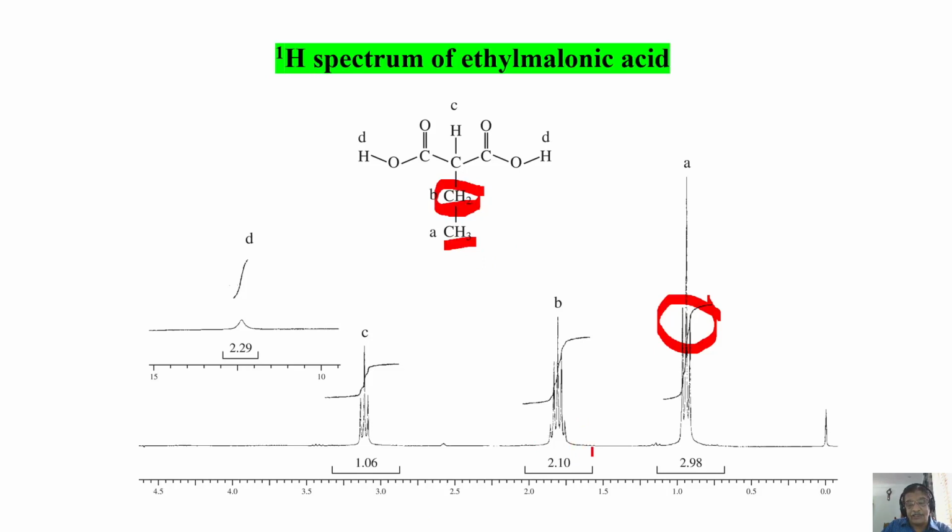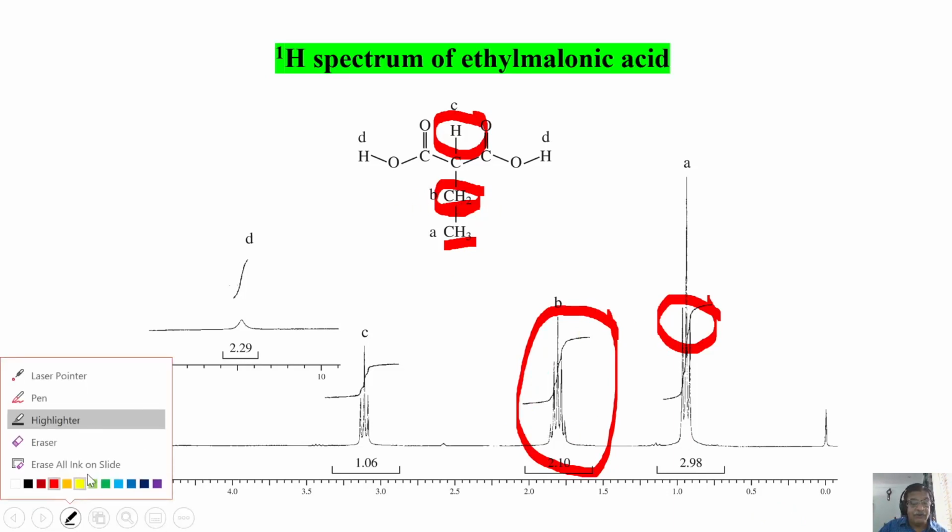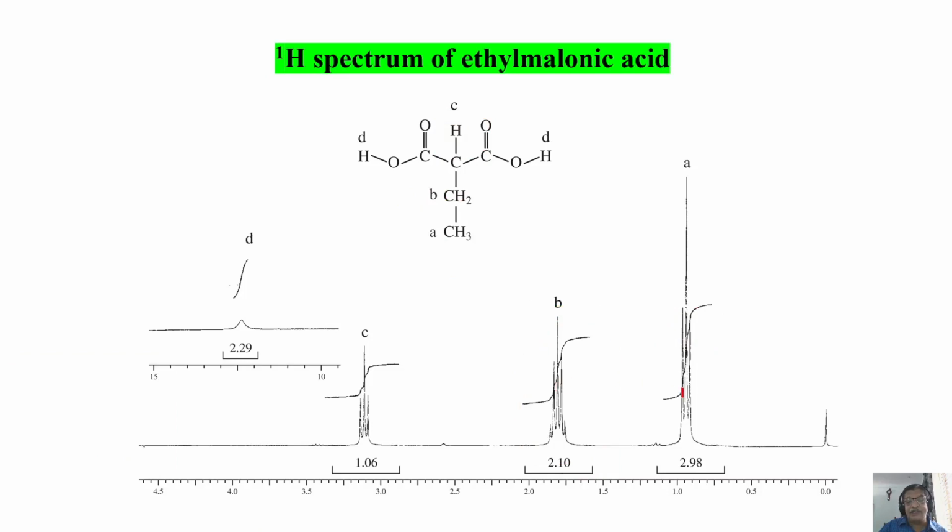But it is not just a quartet. What is happening? It is a pentet. You see? How did this pentet come? Because each line of this quartet is further split by this proton. As a consequence, due to spectral overlap, we have generated the pentet pattern. This looks like a pentet. So this has to be proton B, this one. Understand? Now, this is a side, this is a side. What is left? This one.